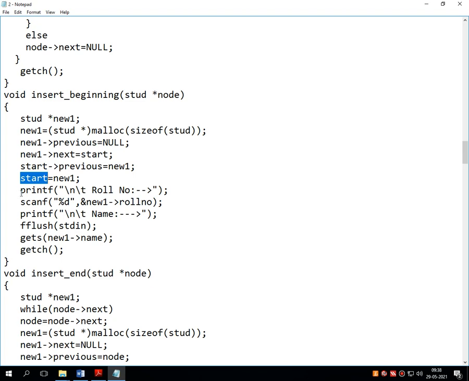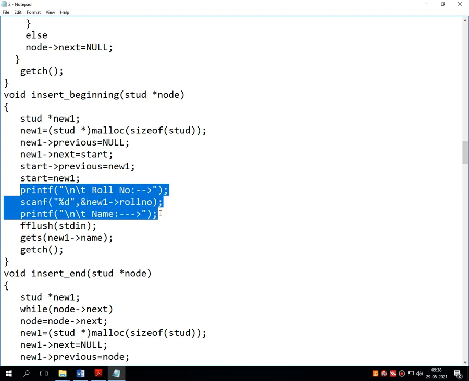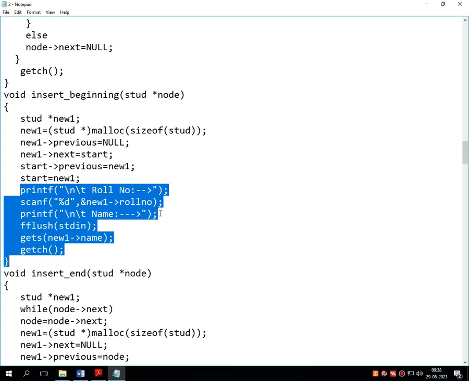And then after adding the logical node inside the linked list, it adds the roll number and name. So in this way, a new node is inserted into the linked list.